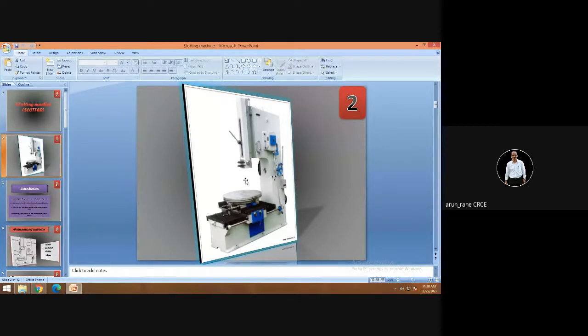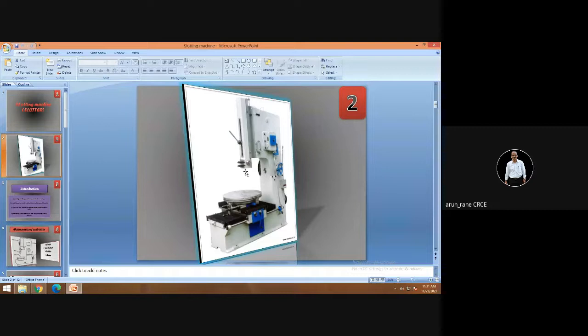This is termed as the Z axis, and the table can be moved in these two directions, that is Y and X. There is another optional attachment called the rotary table, which is useful for indexing. Suppose you want to do two keyways or four keyways, or cut splines, or cut internal teeth, then that can be done with the help of a circular table.